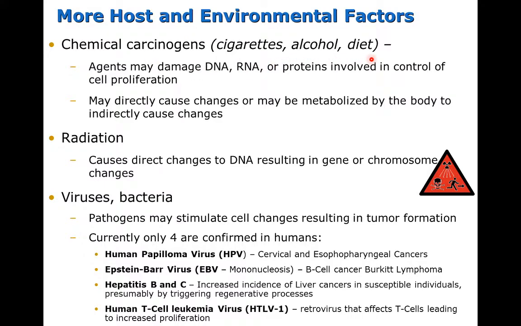Cigarettes, alcohol, diet, all have been known to damage DNA, RNA, or to hurt the proteins that are involved in cell proliferation. Radiation directly damages DNA, resulting in gene or chromosome changes. Viruses and bacteria may stimulate changes in normal cells that would result in a tumor. For example, the HPV virus